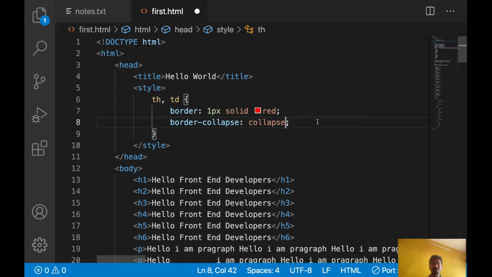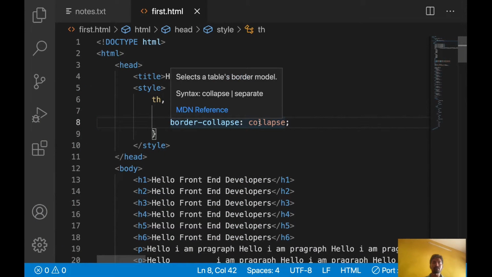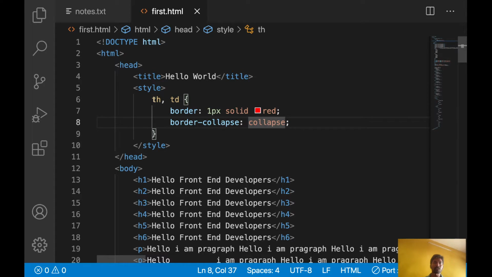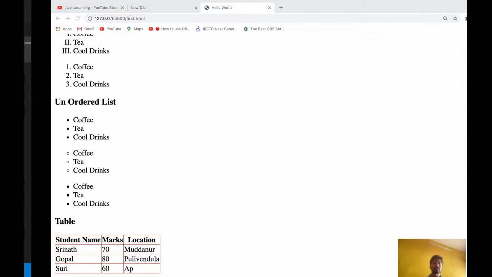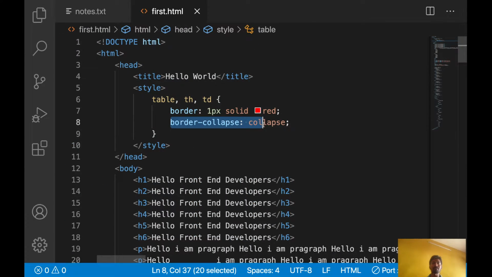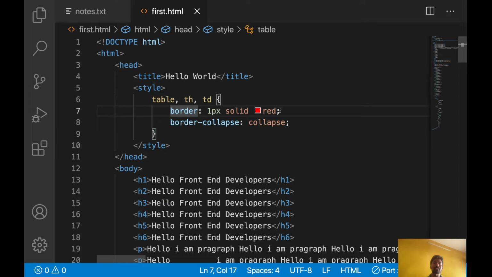I will explain this one properly in the CSS session. See, border collapse means it will make multiple borders into single border. Okay, we will use the border like this.